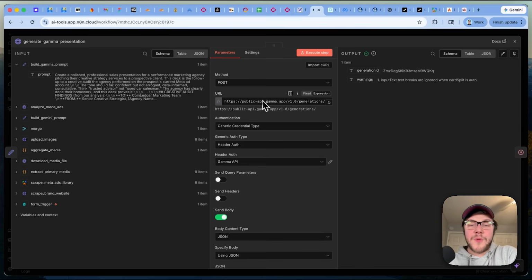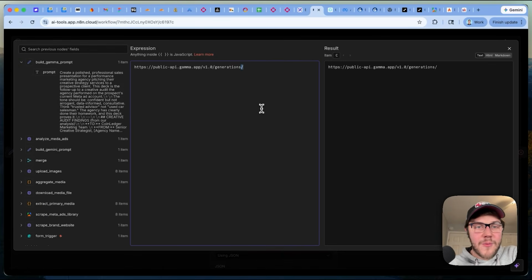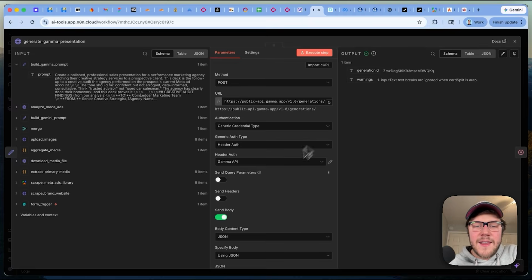So we have our prompt built, and now it's time to send this off to the Gamma API. So pretty simple to work with the Gamma API here. They have just a few endpoints. In this case, we're going to make a POST request to this URL right here: public-api.gamma.app/v1/generations. And if we scroll down here